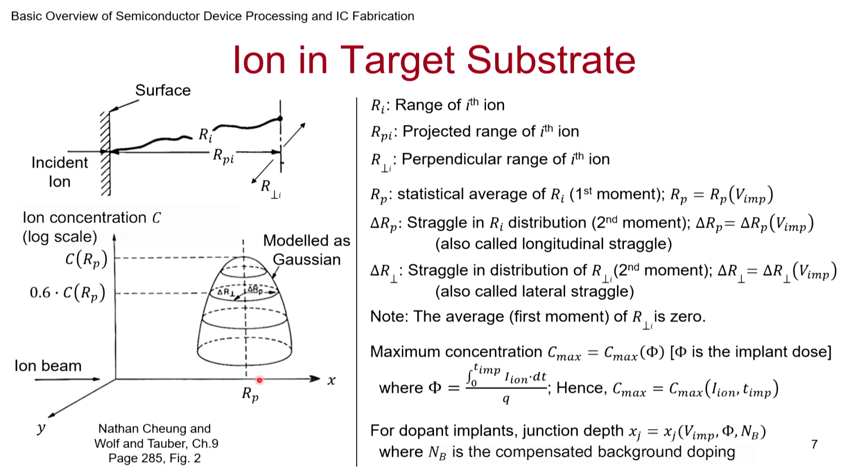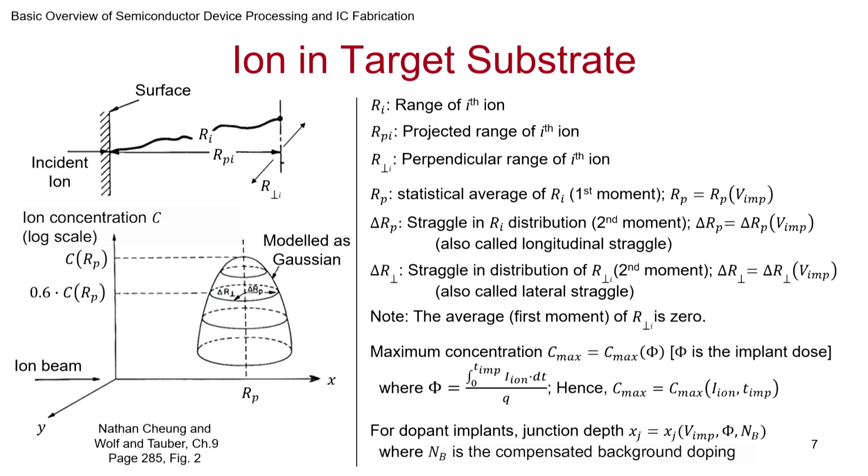Now for dopants, we are not just interested in how much material we have put in. We also want to know where it ends up compensating the other type of dopant. That is what you usually encounter. Of course, for the same type there is no compensation, but if the background is, say, P type and you are implanting N type material like phosphorus, you want to know where the concentration that you have put in is going to just compensate the background concentration. Beyond that, it will remain the original doping. Before that will be the new dopant, the new type of material you have put in. So it will become N type, and the rest of it will be P type.